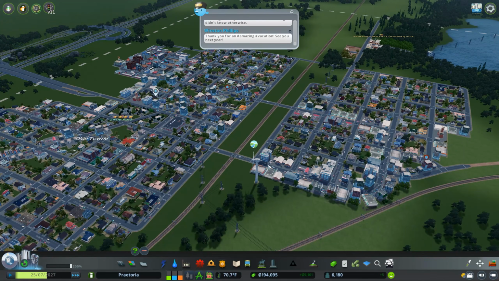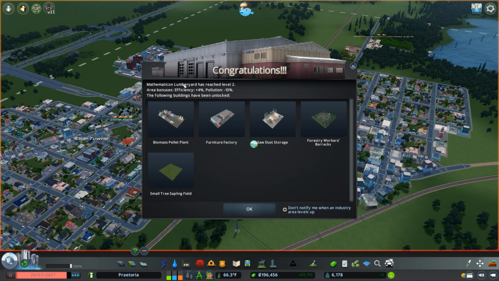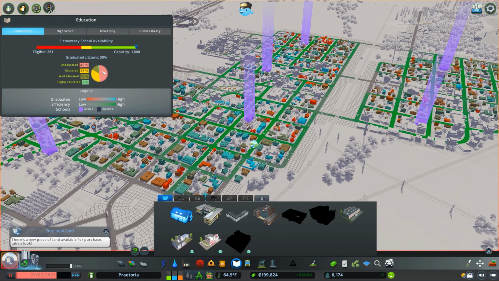And I observed that someone else in the Steam Workshop was complaining that it seemed to be breaking. Oh, there we go. The lumberyard's up to level 2. It was breaking the education of its citizens for some reason, and I thought, okay, that might be the issue. So I had to turn it off, and it does seem to be improving education. So we're starting to get more in a proper direction, and education's going to be important for a lot of